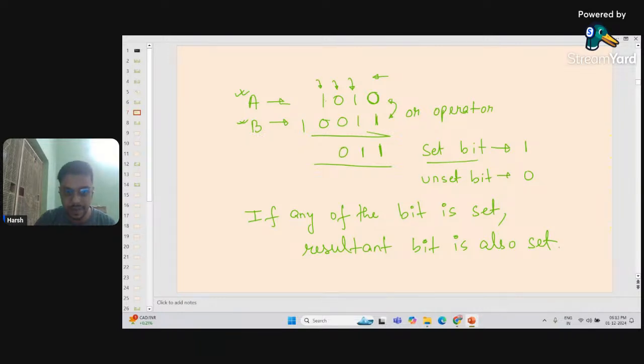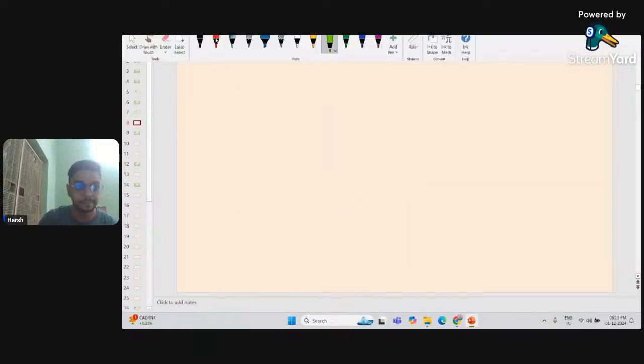Similarly, when we talk of this bit, in A it is set, in B it is not set. Since at least one of the bits is set, the resultant bit will be 1. So this is what the result of the OR operator is. I hope this is clear: if at least one of the bits is set, the resultant bit will be set, else it will not be set. If I just take one more example,